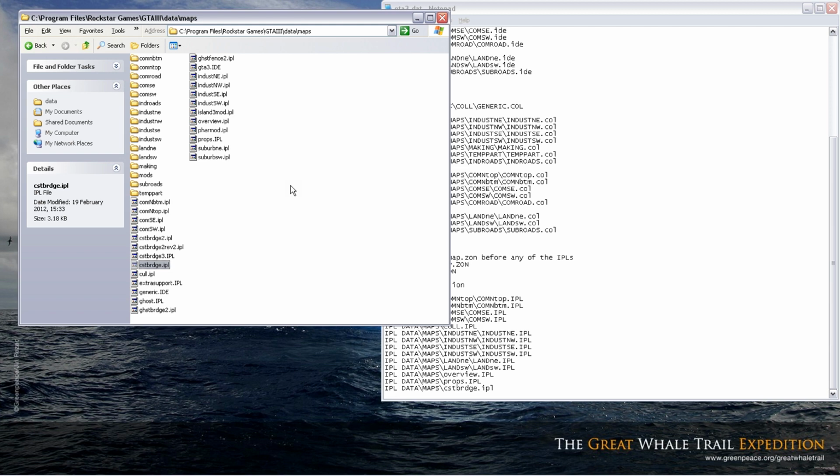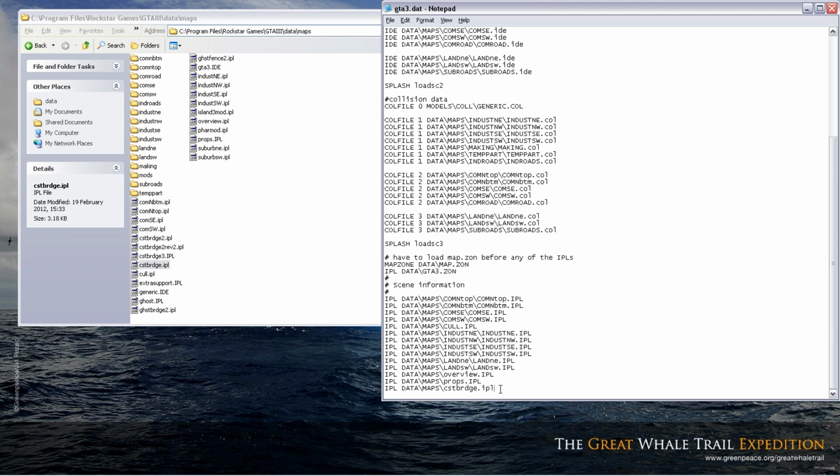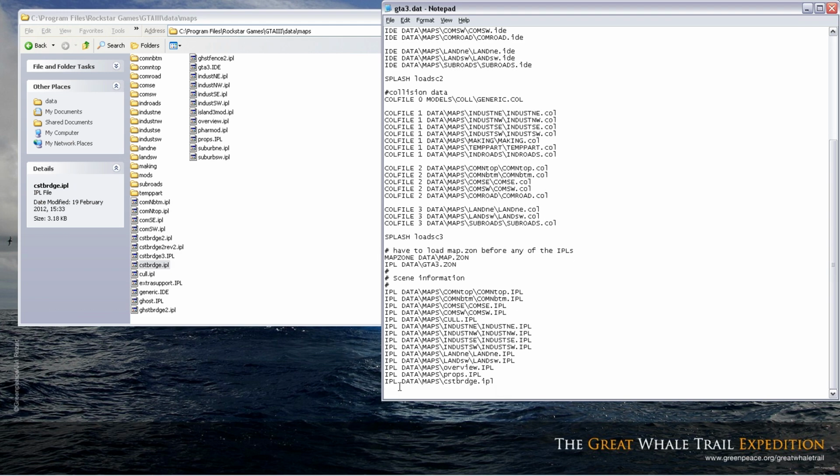So say I want the ghost bridge mod and obviously the fence mod. We simply add to the bottom of this the same path, IPL. You can copy paste it, I'm just doing it live. Maps, so we've got the path in, data maps, and then we want to add GHSTBRDGE2,